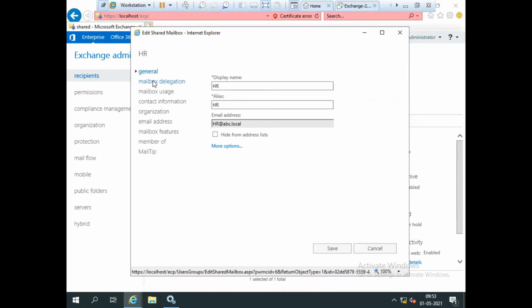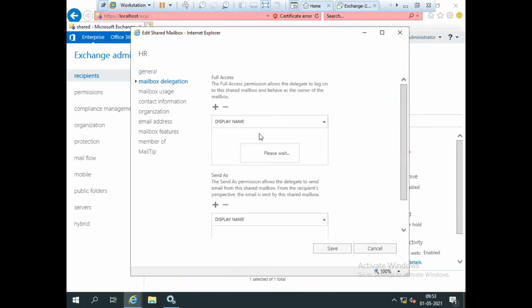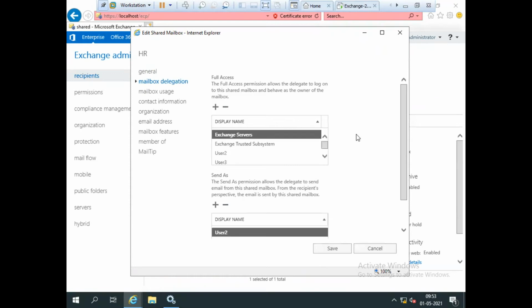Now mailbox delegation. In delegation, as you can see, there is a change in the shared mailbox. When you add users to the shared mailbox, all the users automatically have the rights to access the mailbox. All the users have full access: user 2, user 3, and user 4 all automatically have full access.